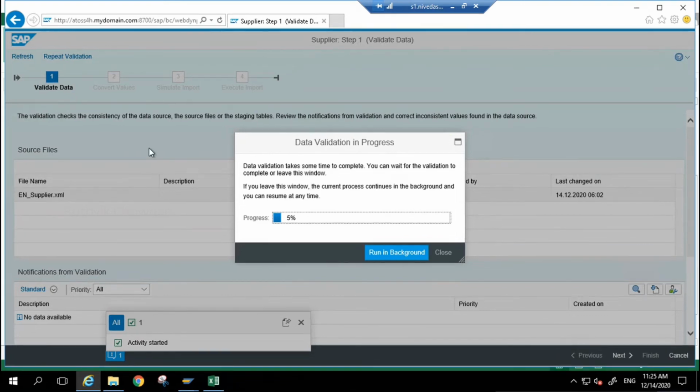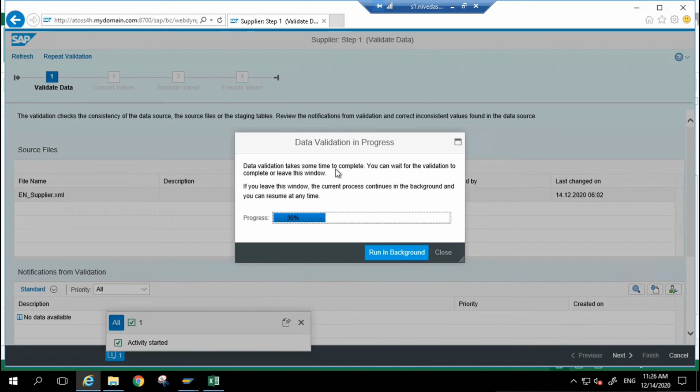So the process remains same for all the master data. You can see here. So step by step process there. So first validate the data. Next data mapping is convert values, simulate, execute. So everything is a step by step guided process will be there. So just you need to click on next, and if all the issue, no errors, nothing is there means, so just you can click on next, and you can proceed further.